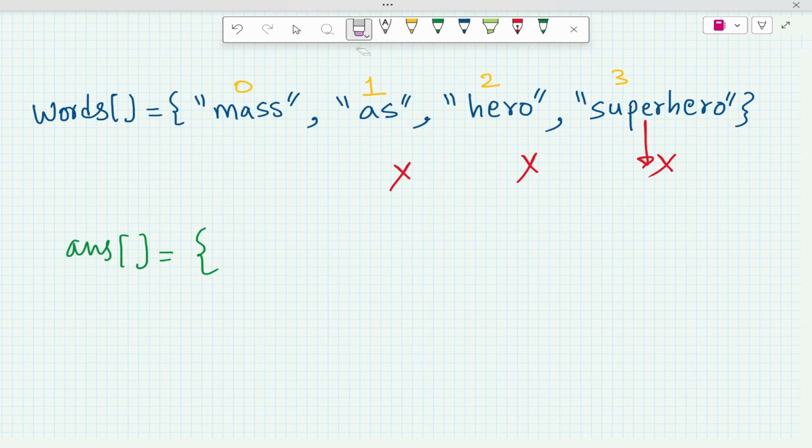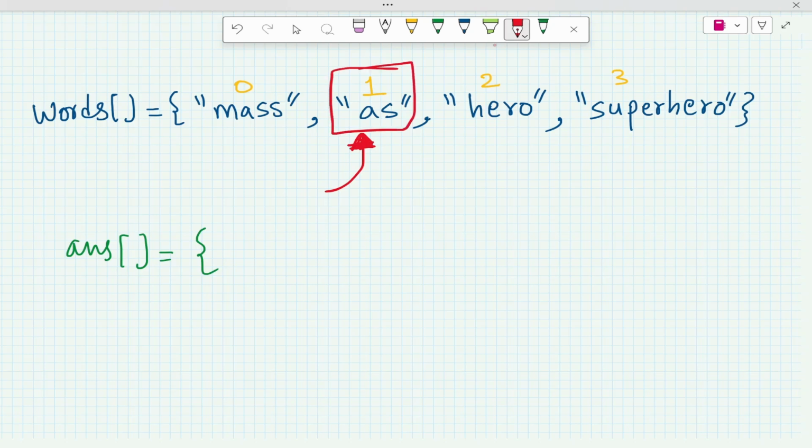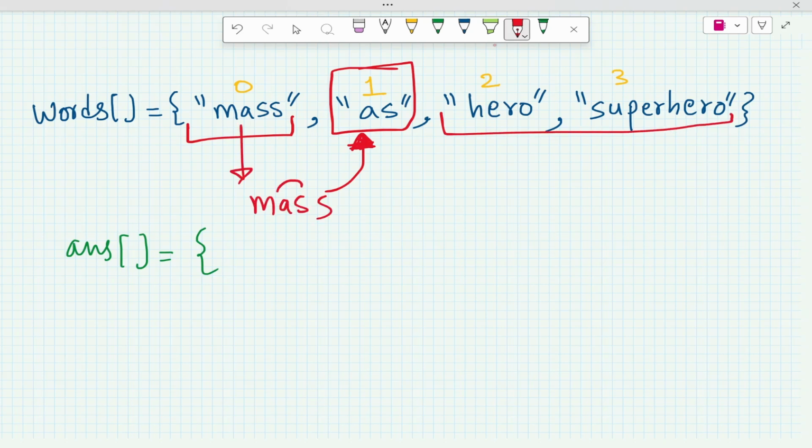Let's erase this and go to the next string, and we are going to find the string which contains this string as a whole. Like, if you can see, mass contains that string, as is contained. So I'll put it into my answer, this is string and this is as. Okay,